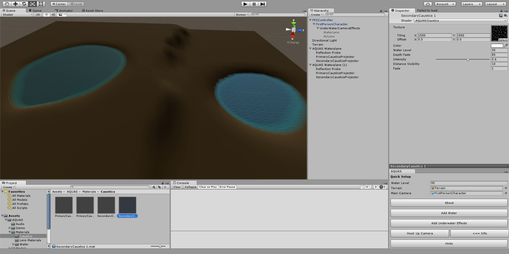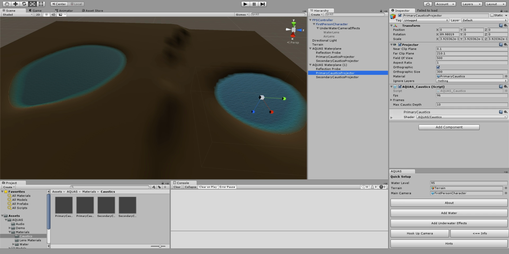And all we need to do now is we're going to go to our primary caustics projector and we're going to select the material and select primary caustics 1 material. Same we're going to do for the secondary caustics projector. And now we're almost there. Only thing we need to specify now is